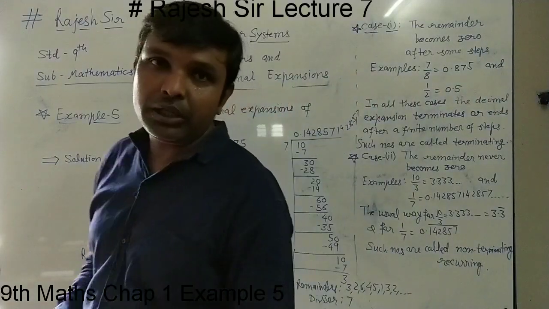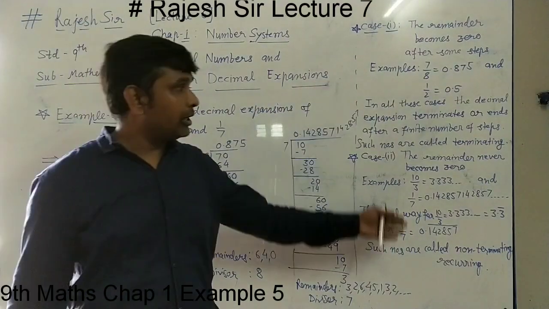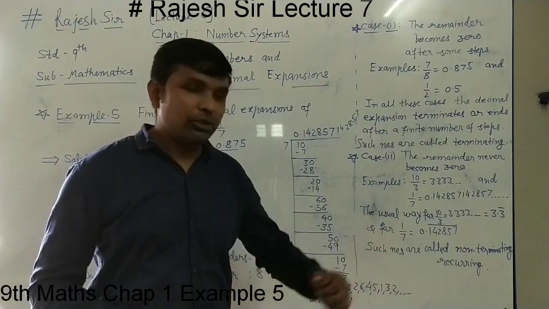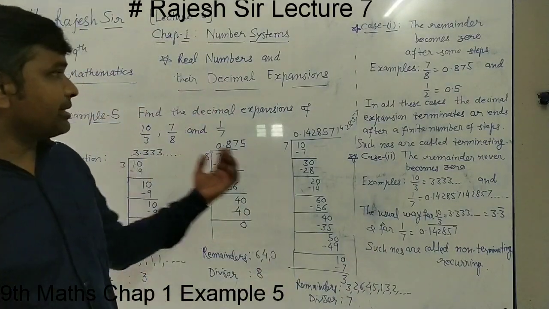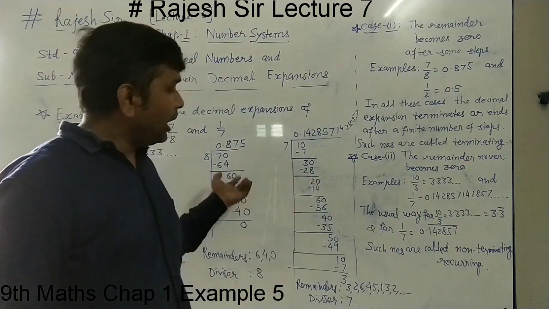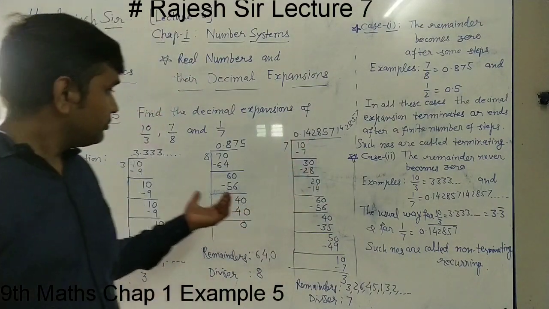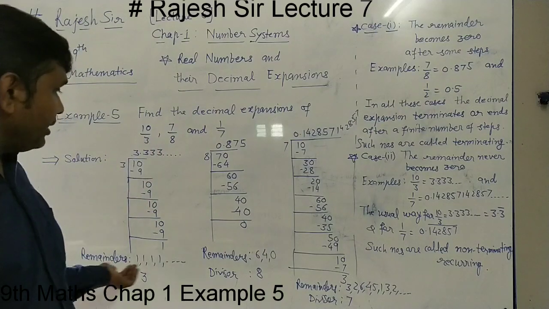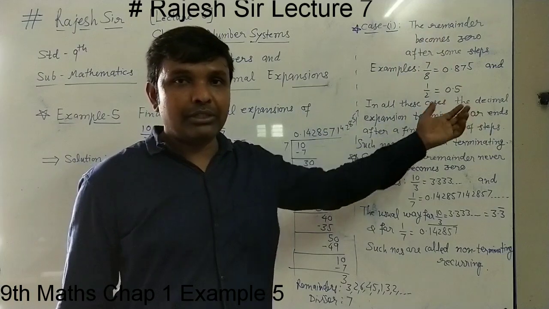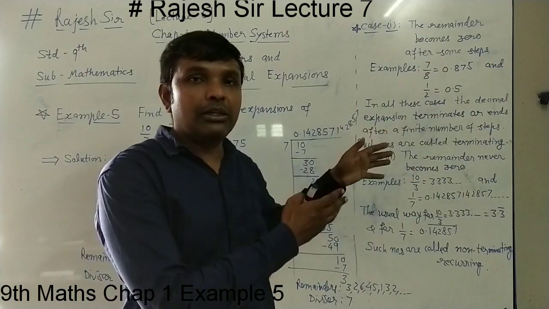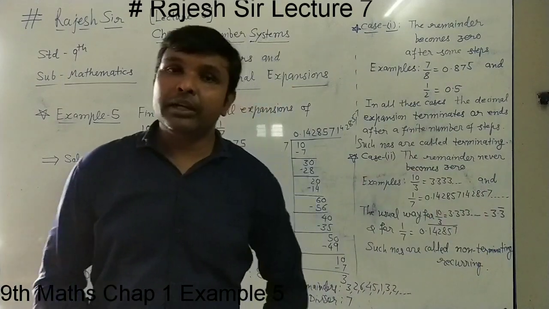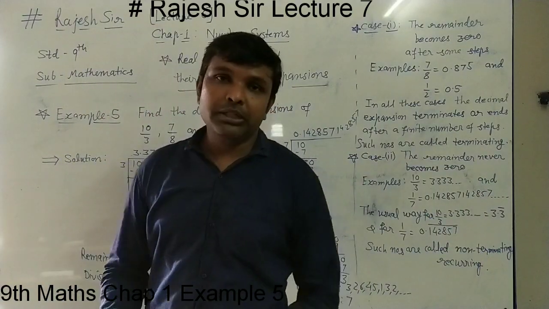So you have to learn this very carefully, and understand terminating and non-terminating numbers with recurring numbers also with the help of this example. At the primary level we were converting, and now we are noticing the remainders, and on the basis of the remainder, if it becomes 0 after some stages, those numbers are called terminating numbers. And if the remainder never becomes 0, they are called non-terminating numbers.